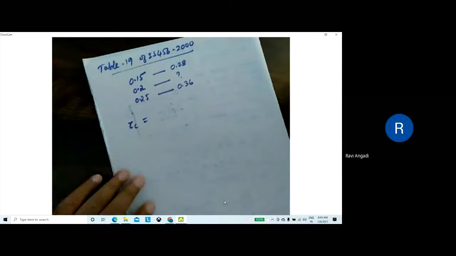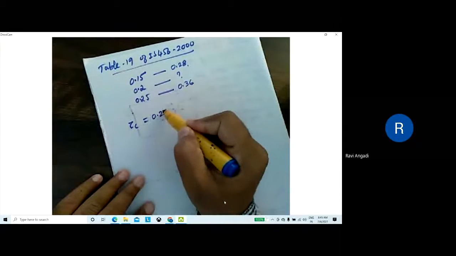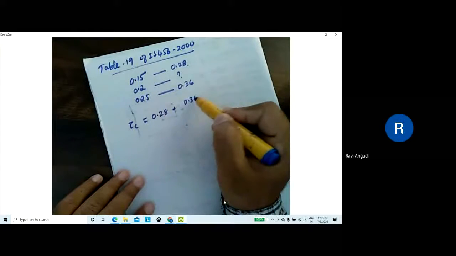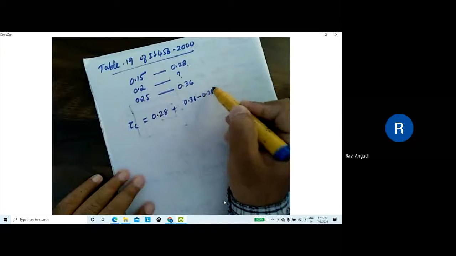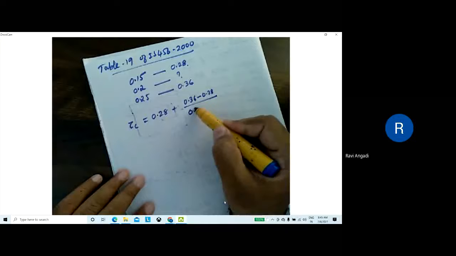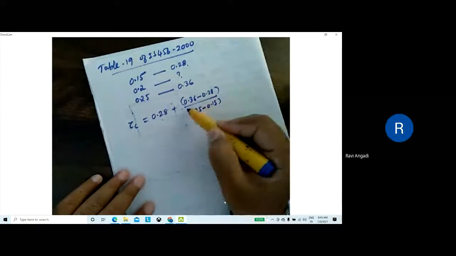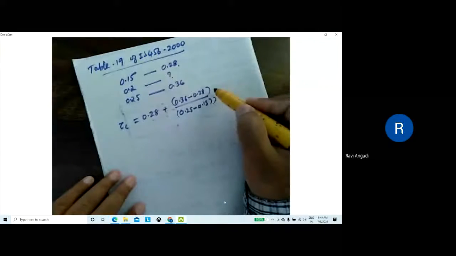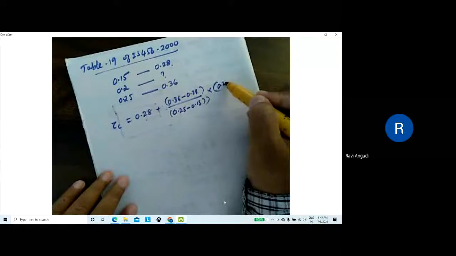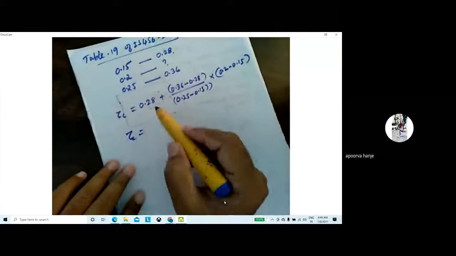Tau c will be 0.28 plus (0.36 minus 0.28) divided by (0.25 minus 0.15), into (0.2 minus 0.15). Here 0.31.